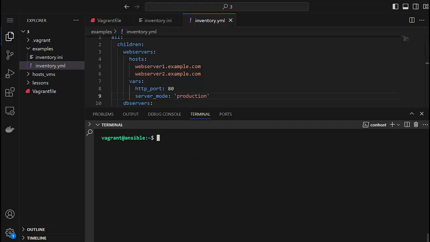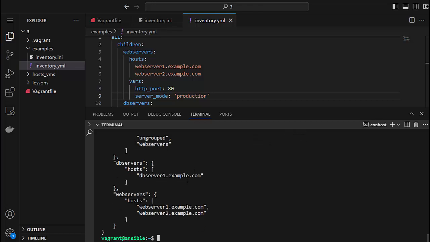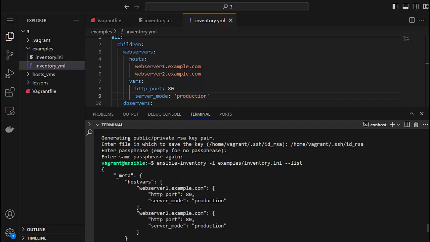Now it is time to test our inventory files. So from the terminal, let's first check the syntax by running ansible-inventory -i, then the path to our inventory file, which is under examples, inventory.ini, then --list. And as you can see, I didn't get any error, so this is a good sign that